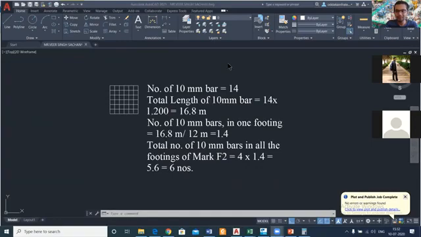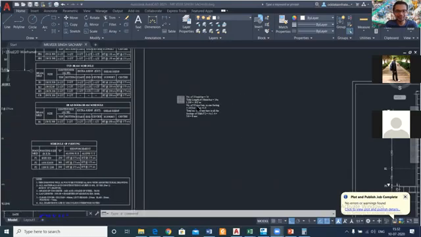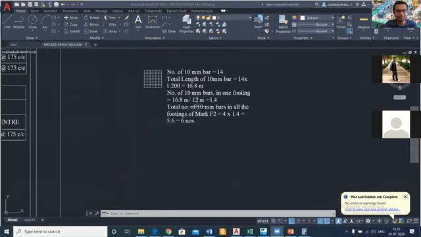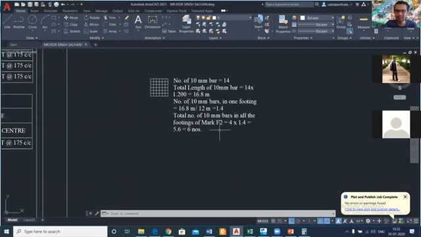Now whenever you go to a site, you can tell the number of footings in this reinforcement, so the number of rods which will be used in this reinforcement. You can tell confidently. So one thing you have achieved today. Moving forward, now you have calculated the number of 10 mm bars. Now let us calculate the quantity of shuttering material.